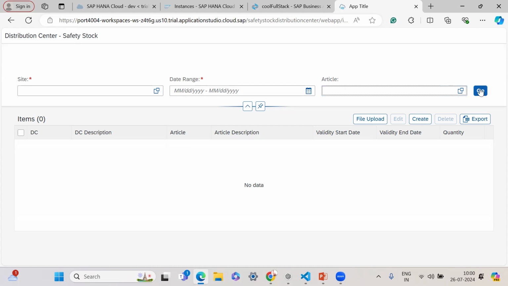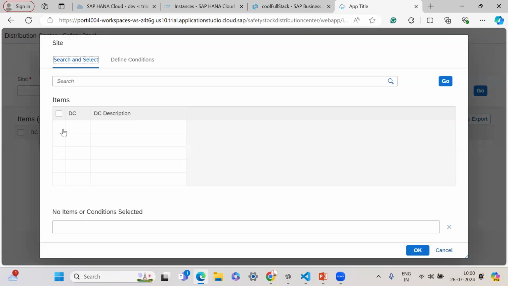So this go button is actually trying to talk to the backend, where it wants to fetch the data. Okay, because when I want to know the site information, where is the site information? It is stored in the database. Where is the article information? It is stored in the database. So every time you do this, and see, when you see this kind of three blue things,